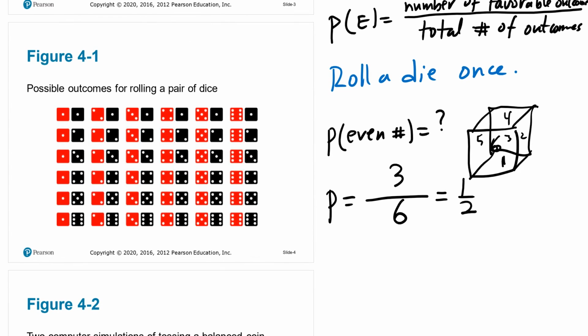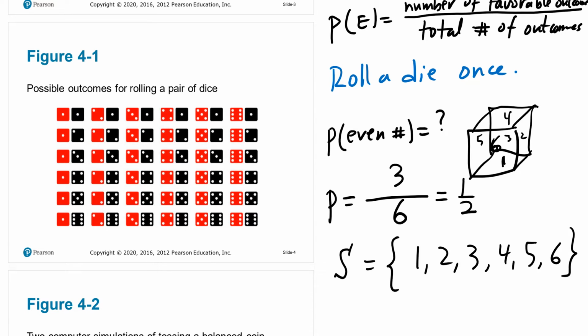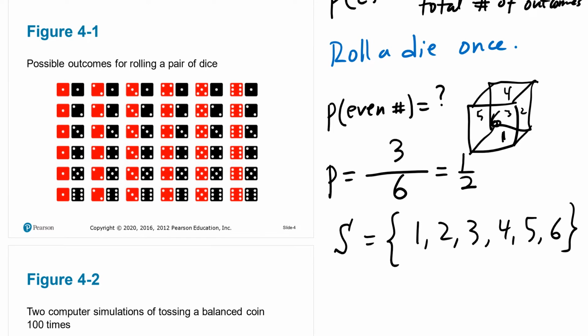So here, notice the sample space is this 1, 2, 3, 4, 5, 6. The sample space is the one that contains all the possible outcomes. These are all the outcomes. And we were trying to find how many are in favor of the event. In favor of the event means how many of these numbers are even. If you forgot, those are the even ones, 2, 4, and 6. 3 of these numbers are even, 3 out of the 6. So 1/2.